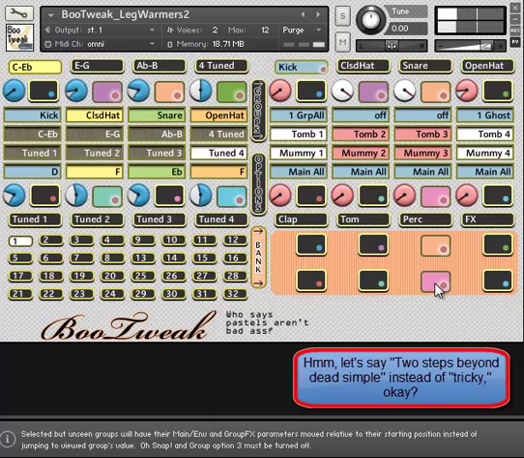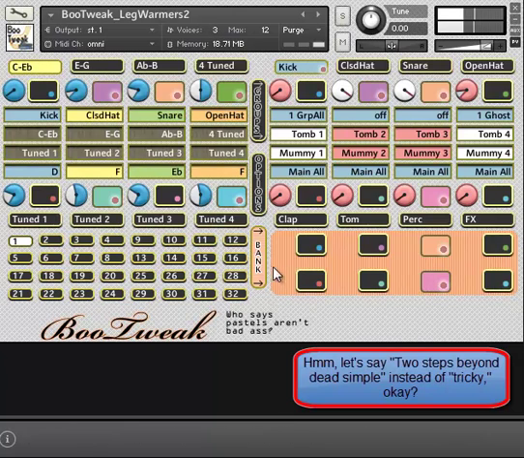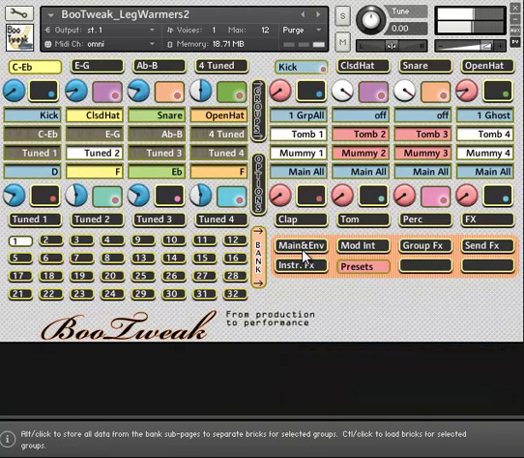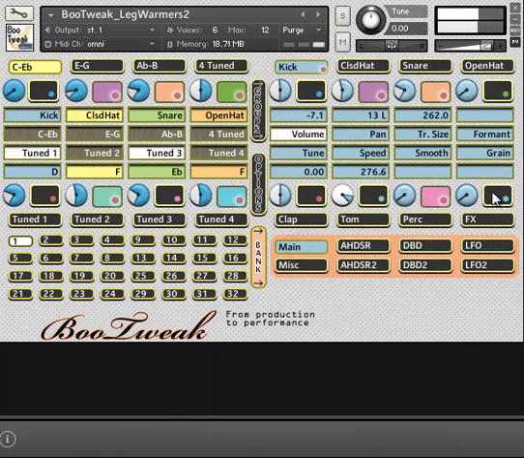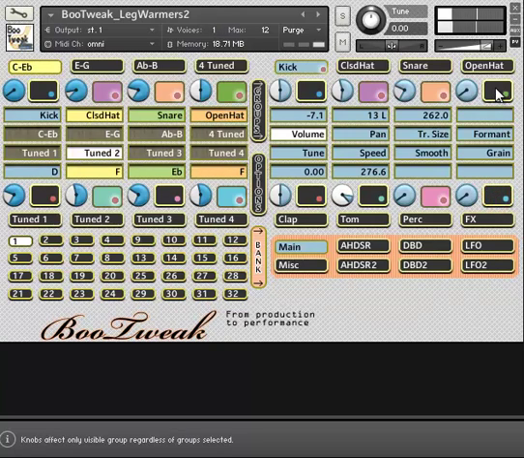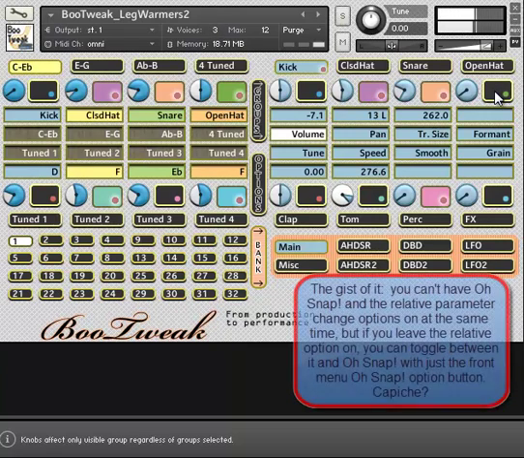It's buried on a different menu because it's also contingent on an option here with your main options. It works like this. When Snap is set to off, right now it's on, now it's off, and when the only change the visible group's parameter option is also off,